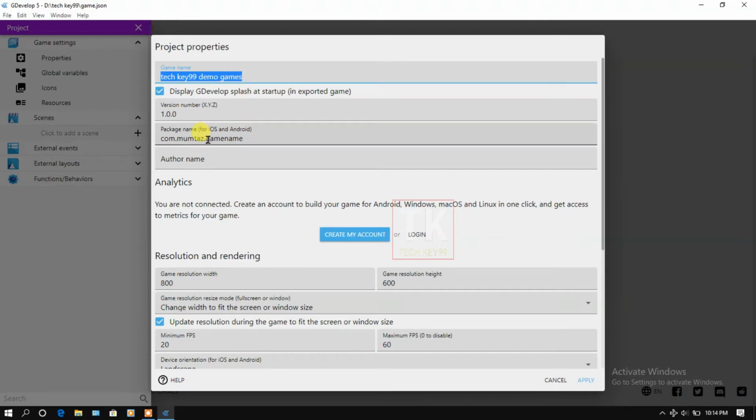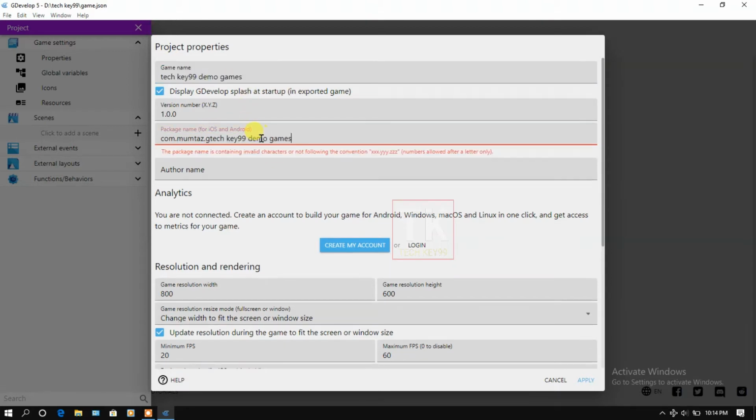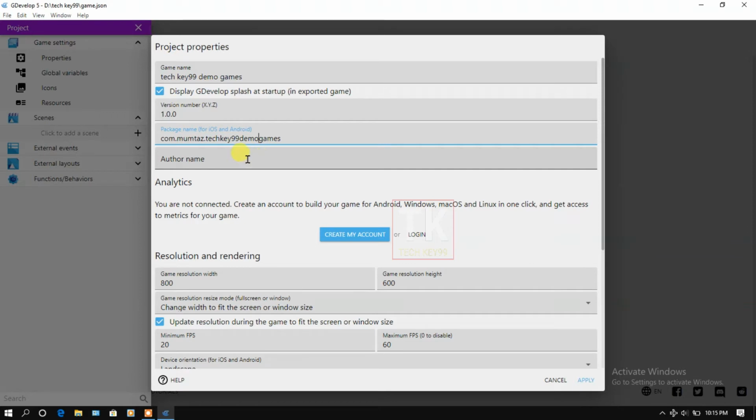Copy this and paste here. Type your author name.